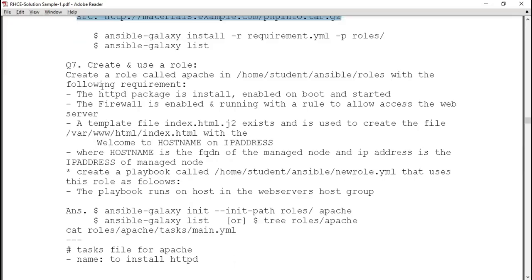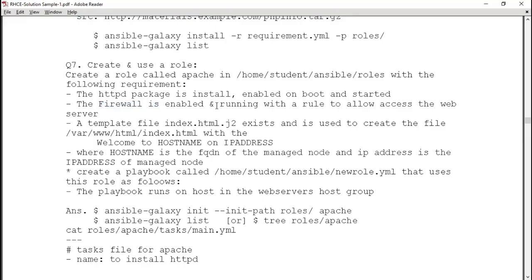Okay. Now this question is not tricky, but a little bit lengthy. Create and use a role. Create a role called apache in the roles folder with the following requirements. The httpd package is installed, enabled at boot and started.